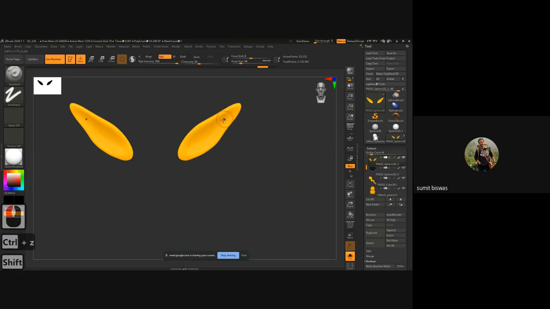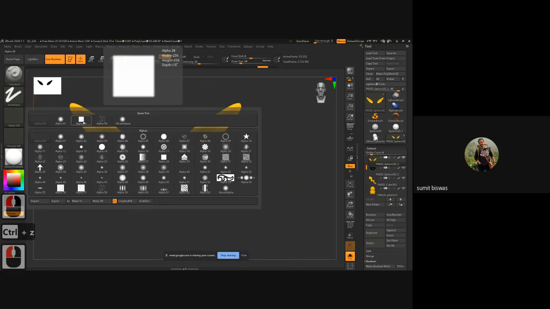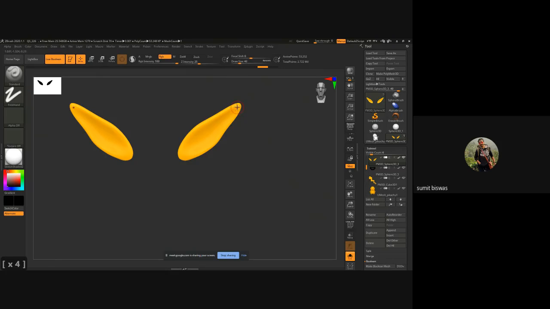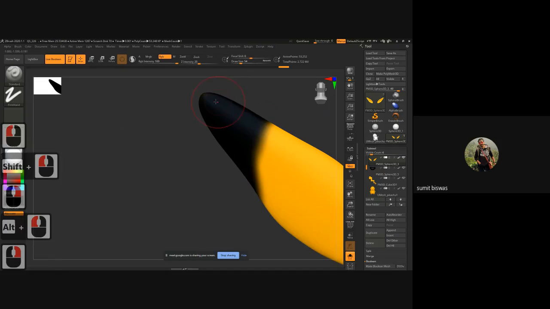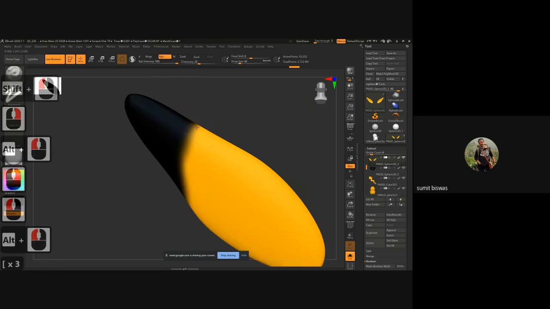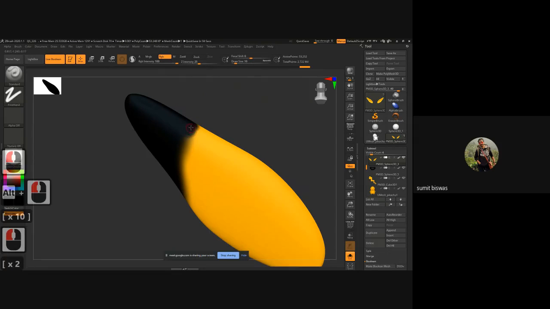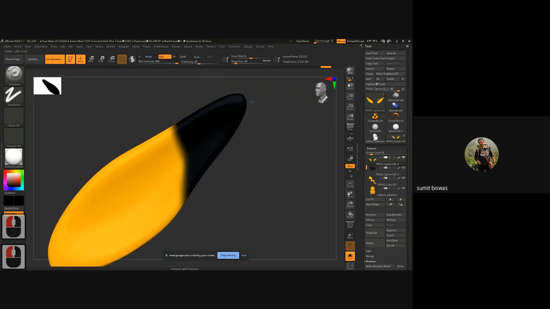Oh, sorry. Either I can use this soft brush. If I want, I can use some alpha to create those hard lines. Or the easiest way is to use a big brush. First paint the surface where you want to paint. Create that shape. It's done. Then use a smaller brush to create that sharp line. It's not perfect, so